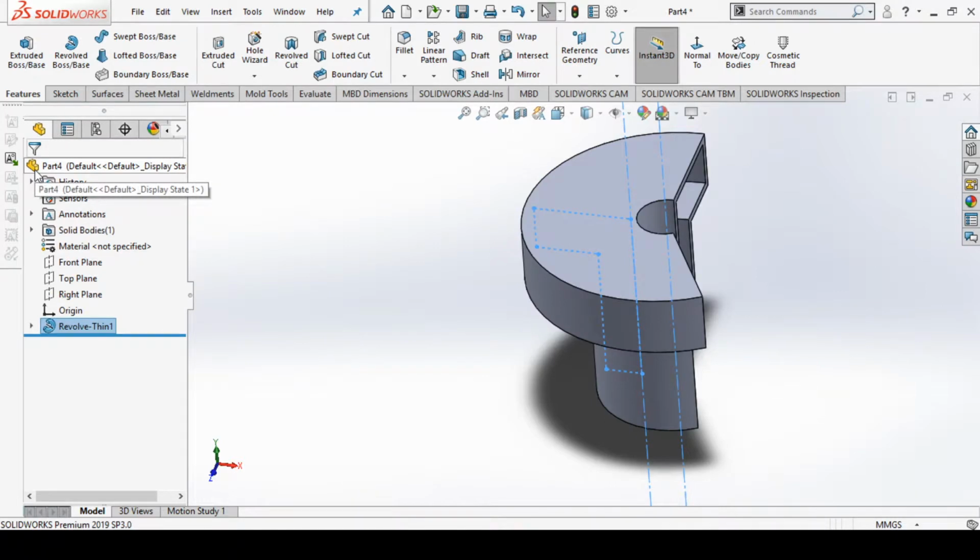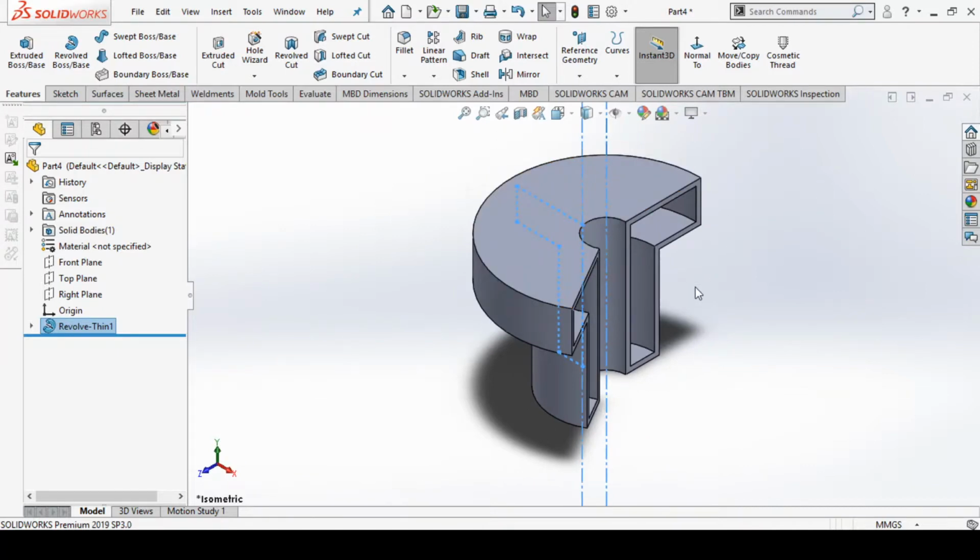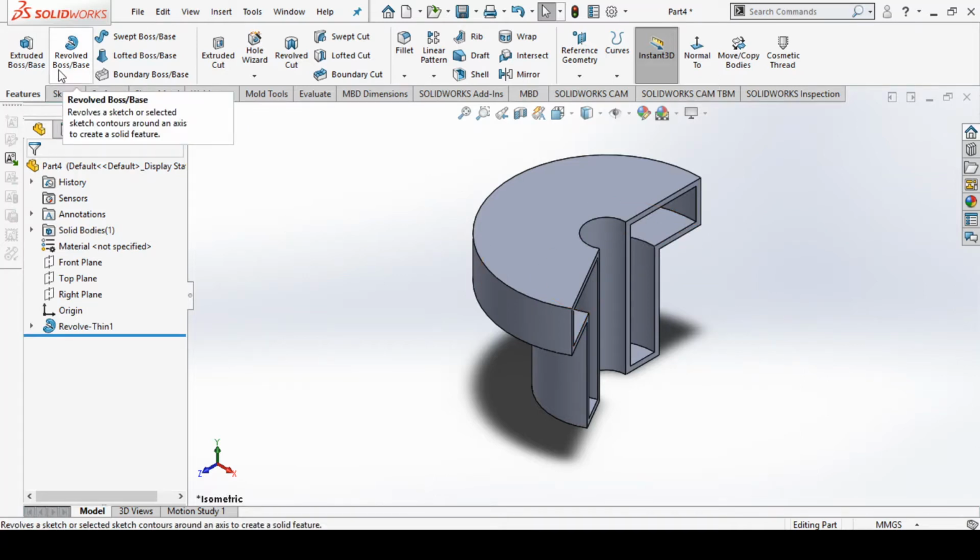Now you can see in this way we can make use of revolve boss base to create features. Now you can see that we have applied the thickness to this revolve boss base. So in this way we can work with revolve boss base.